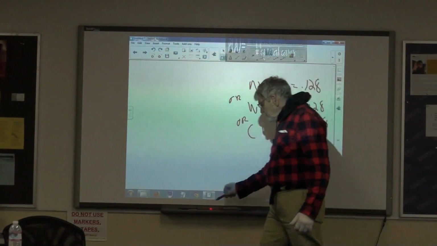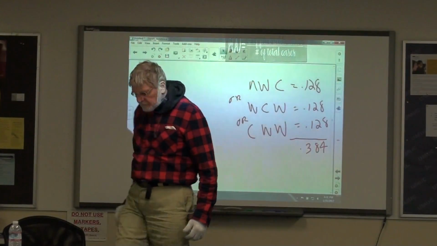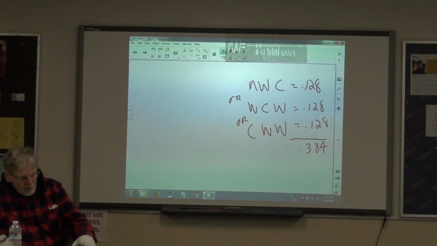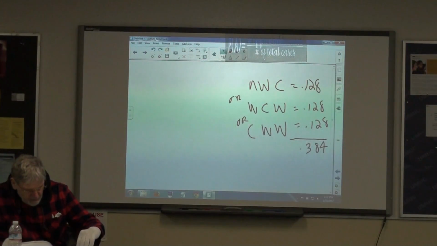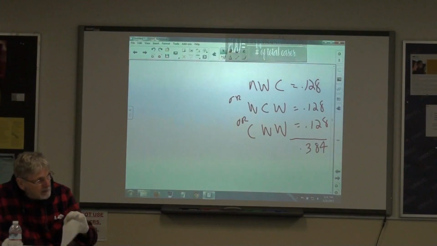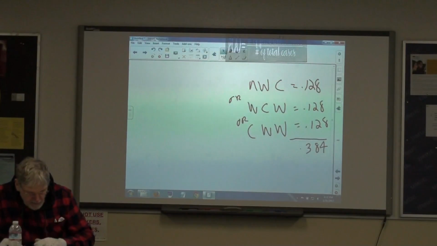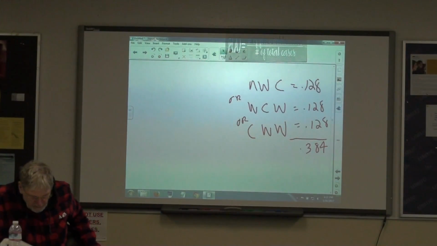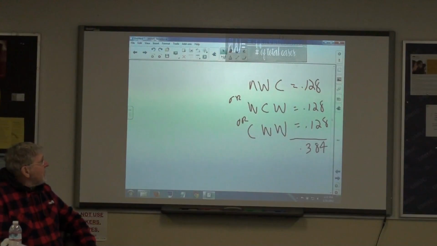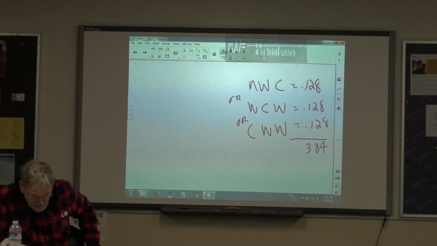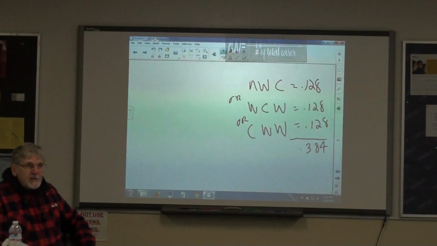So is this a binomial distribution? Does it fulfill those strict conditions? Let's go back to the page of strict conditions and check them off one by one. So let's go back to 233. Does the procedure have a fixed number of trials? Yes. How many are there? 3 trials. The trials are independent.